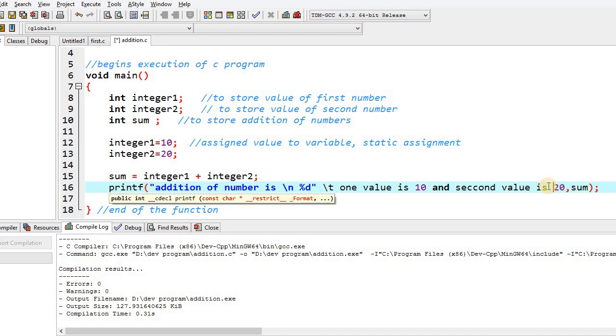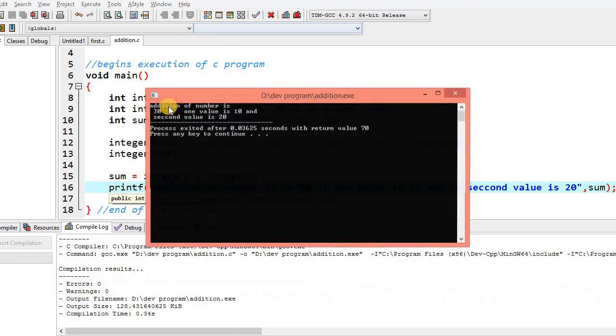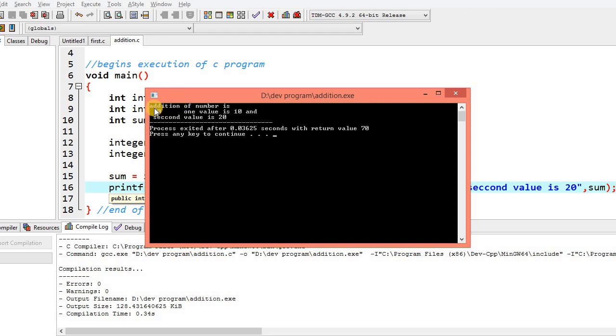Okay, but our first statement is completed over here. Then we have to just complete it over here. And I want to add it on the next line, so that's why we have to use \n. So let's check what is the output. Okay, you can see that addition of number is 30.